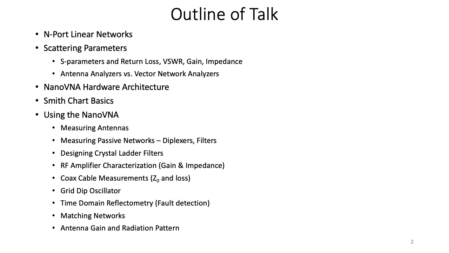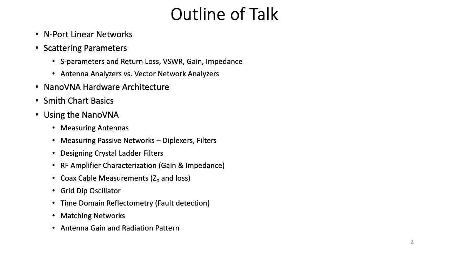Most importantly, though, we'll look at applications of the NanoVNA in the shack. Such examples as measuring antennas, measuring passive networks such as diplexers and filters, using the Nano to determine the design parameters for crystal ladder filters, RF amplifier characterization, gain and impedance values, coaxial cable measurements, determining the characteristic impedance of